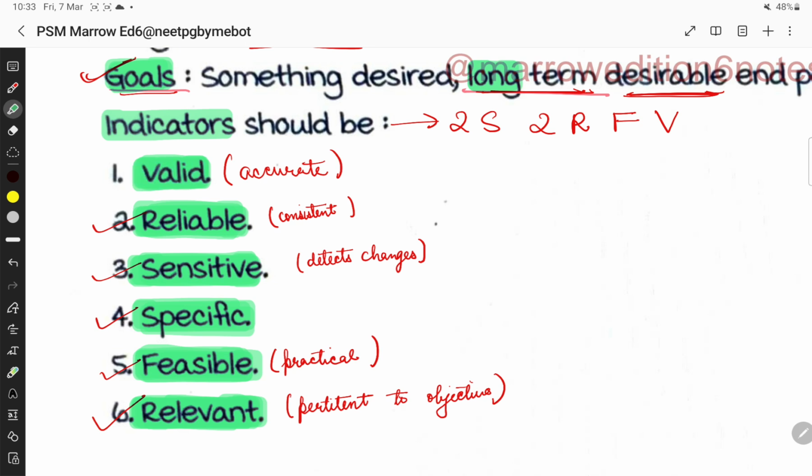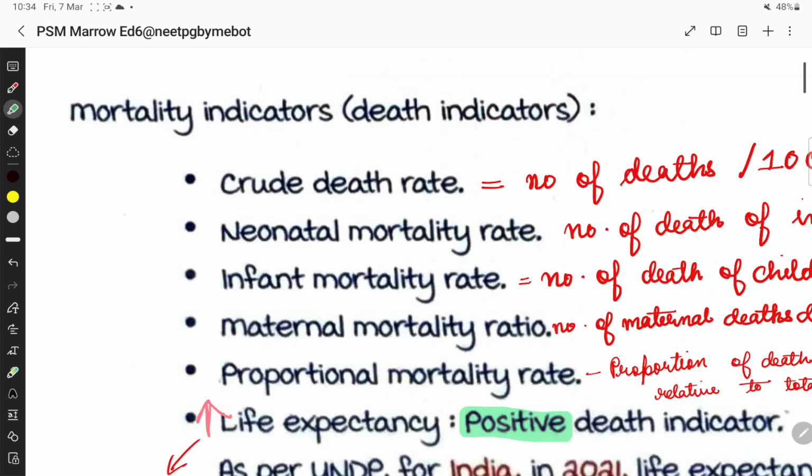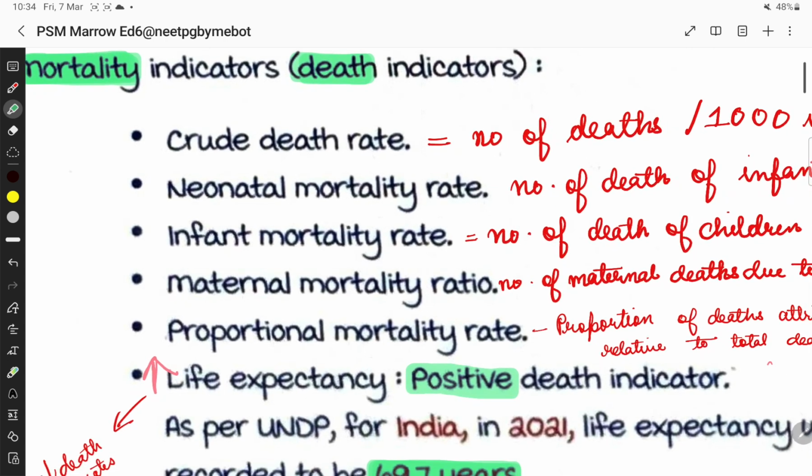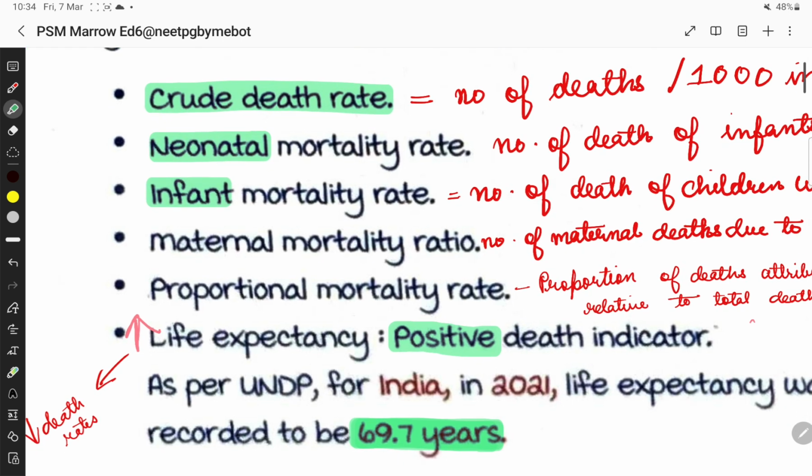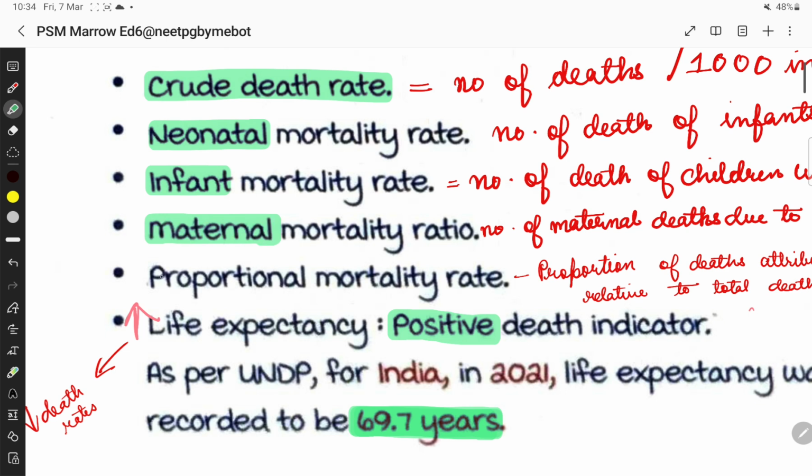So indicators should be valid, reliable, relevant, specific, sensitive, and feasible. Now the first indicators, that is mortality indicators, or the death indicators. In this we have crude death rate, neonatal mortality rate, infant mortality rate, maternal mortality rate, proportional mortality rate, and